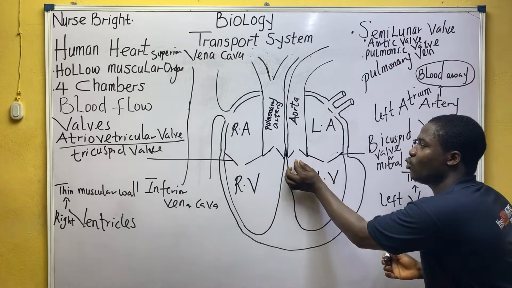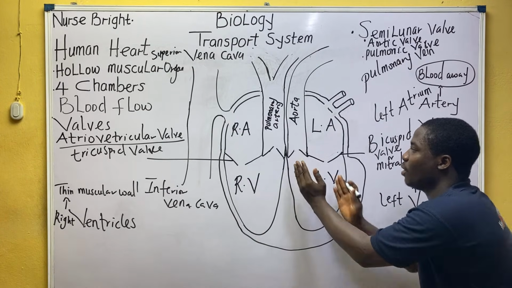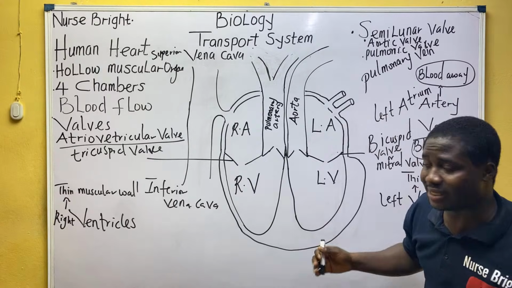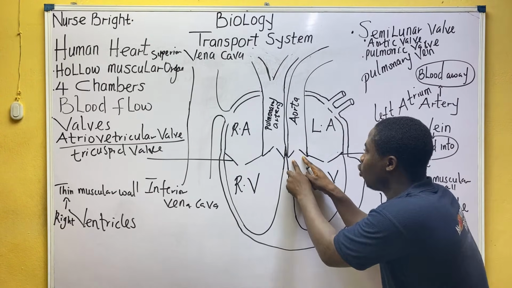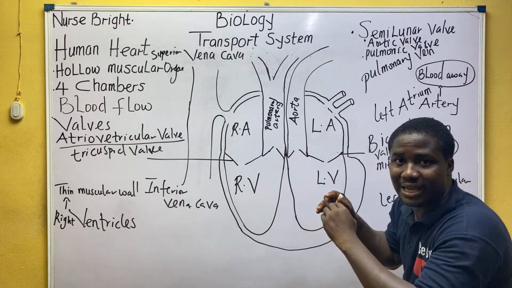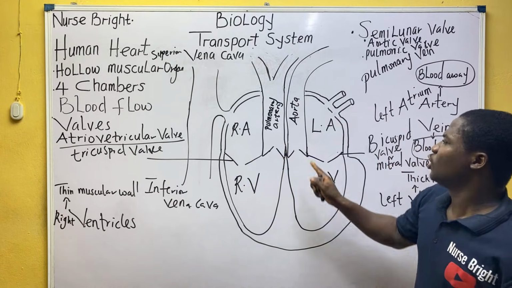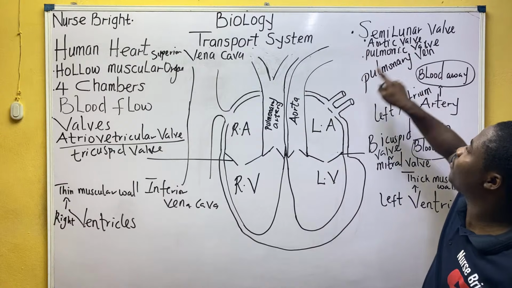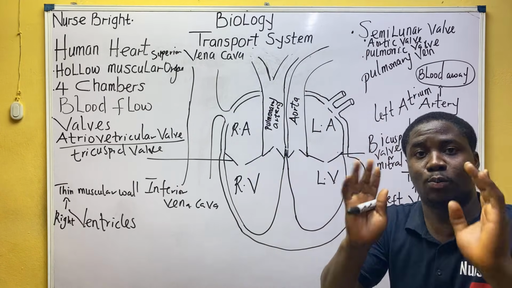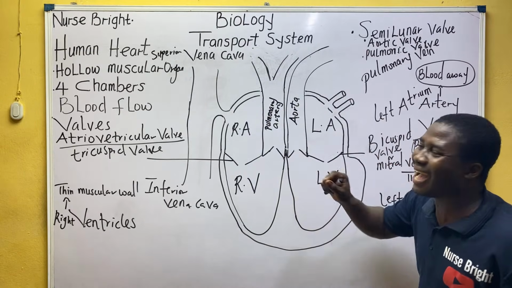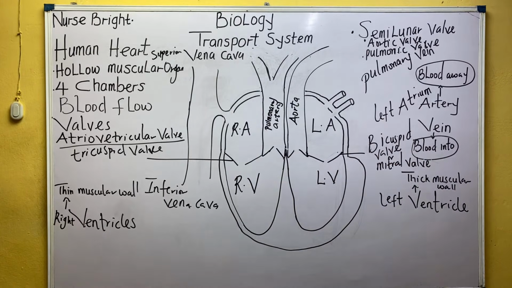Look at it, so it's very easy to understand now. Look at this opening. Blood enters there, and when blood enters, it basically closes. These two things are valves. As it goes, it basically covers back, to prevent backflow of blood. The valve of the aorta, they call it the aortic valve. I'm not explaining how blood flows, but just note all this. The valve of the aorta, aortic valve. The valve of the pulmonary artery,